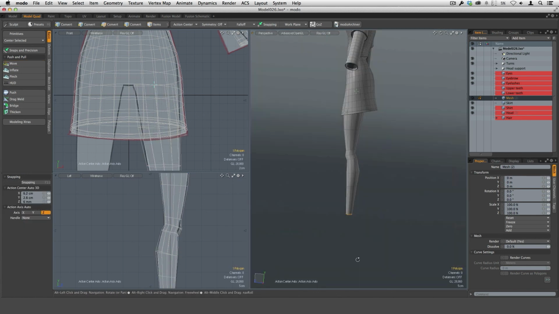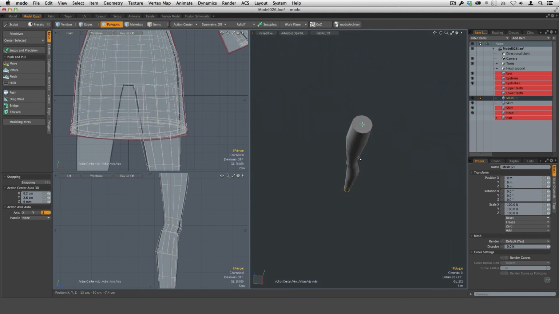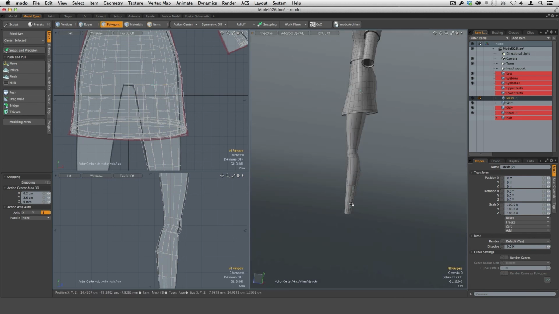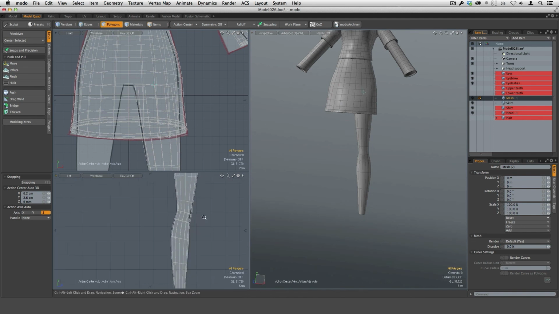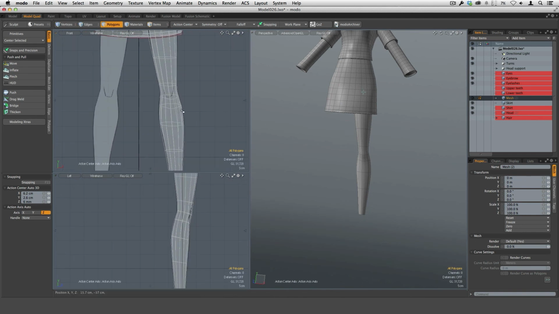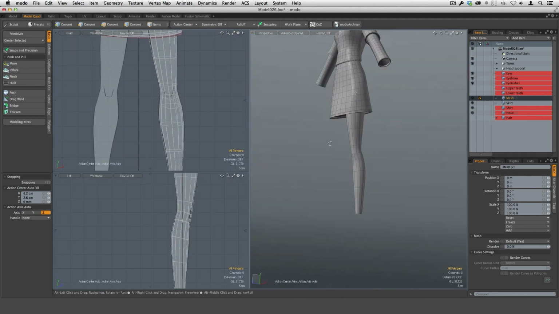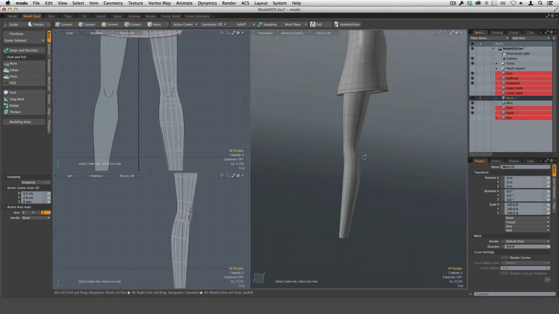Let's get rid of the end polygons first. We don't need those. We'll delete those out. Bring our background meshes in. Hit tab. Okay, and you can see that we got a pretty good structure, pretty good form. It matches the silhouette basically. So I'm pretty comfortable. We'll probably want to tighten this up a little bit, just for a little bit of